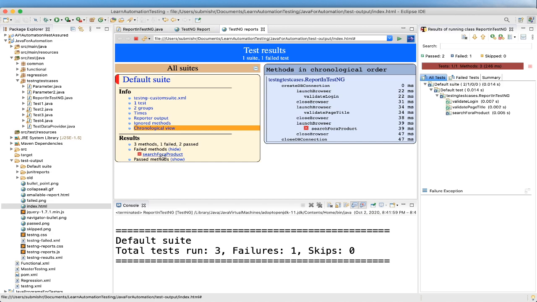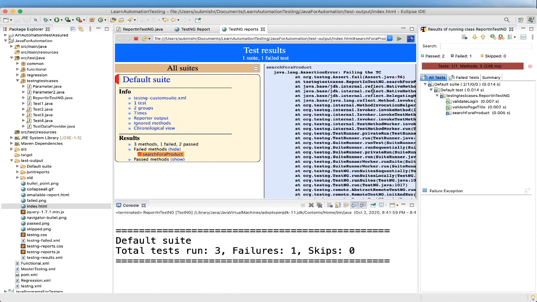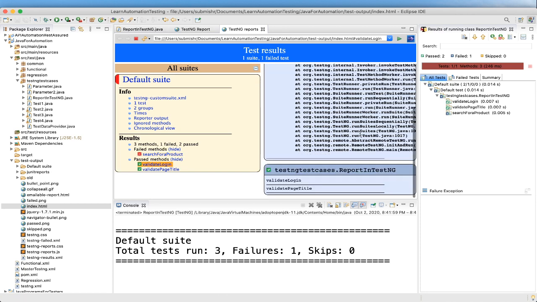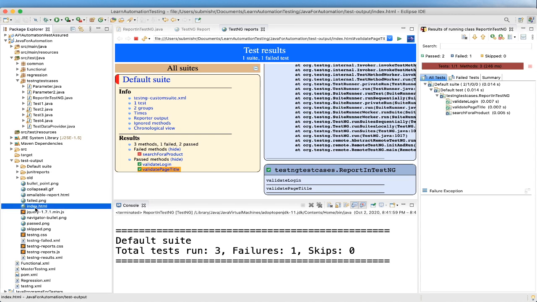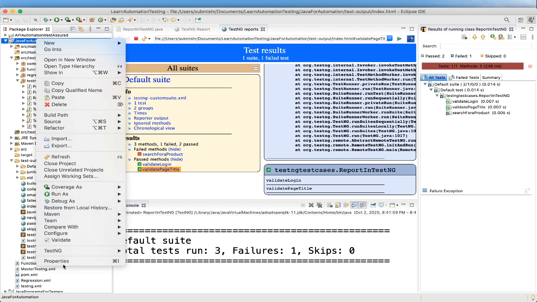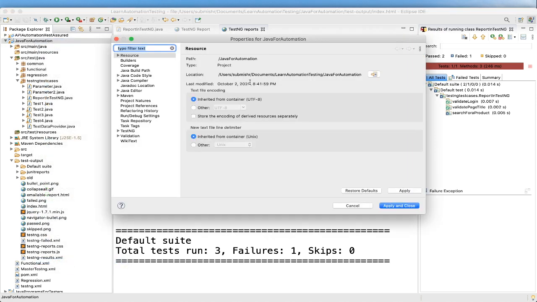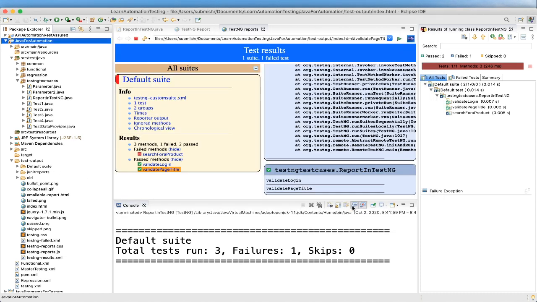Again, in the failed test, you can see what got failed and why it failed. In the passed one, you can also see everything that passed. Even these two reports, the emailable report and the index.html report, you can find in your project folder. For example, here you can see the property where your project is located. If you go to this location and then the test output folder, there also you can see these HTML files.